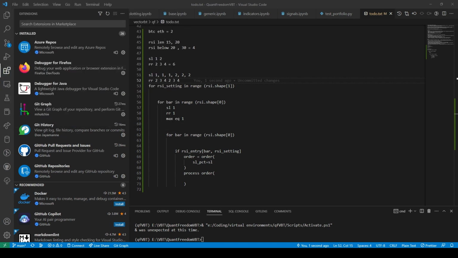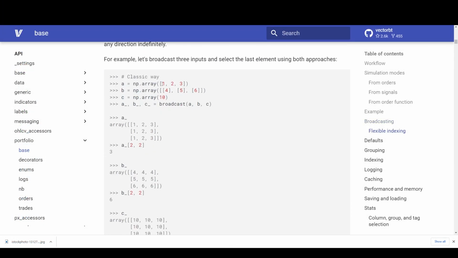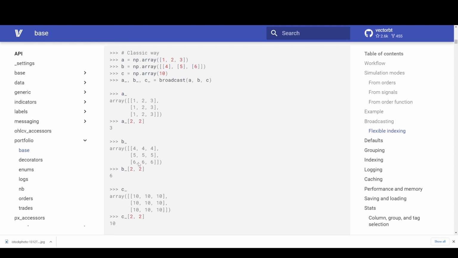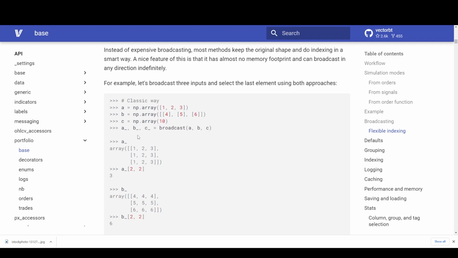Because here, we look at this. You do have this 1, 2, 3, then you have 4, 5, 6. But the problem is that when you broadcast, you end up getting this 1, 2, 3, 1, 2, 3, 1, 2, 3, 4, 4, 4, 5, 5, 5, 6, 6, 6. That's not what I need.